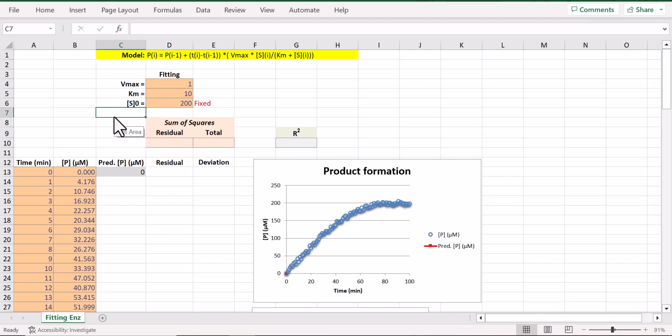Today's tutorial is intended for my science colleagues, going a little deeper into how we can use the solver add-in in Excel to do some interesting fitting exercises. More specifically, I'd like to illustrate how solver can be used for fitting, even for a system where we do not have an explicit equation. So an excellent example of such a system is the product formation kinetics for an enzymatic reaction that goes to